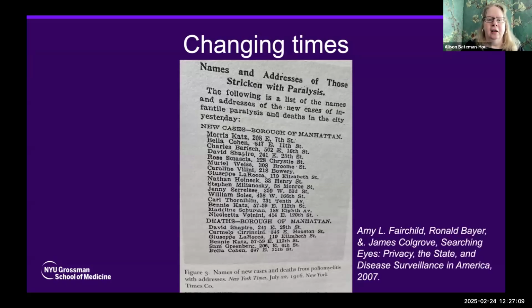So just to illustrate that, look at this. This is from 1916, the New York Times, and it's a list of who has polio, infantile paralysis, and there's names and the street address. You would never, ever, ever do this now. We went from this complete transparency of who has polio, who died from polio. Don't go near these people because you might end up contracting polio from them or their houses or their water sources or what have you, to a place where medical privacy was paramount. You would not share patient information with anyone, let alone put it in the newspaper.